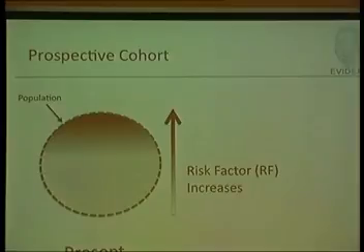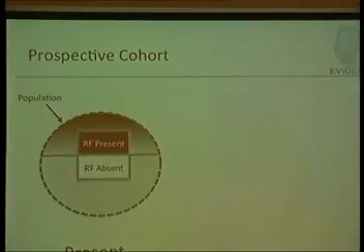So this is what gets done in the literature. You draw a line and say, okay, anyone who is above this line has a risk factor, anyone who's below this line has no risk factor, and this is how we usually do it. Okay, risk factor present, or risk factor absent, and this is at the present time. So you get a sample, and that sample is a mixture of people with risk factor and people without risk factor,